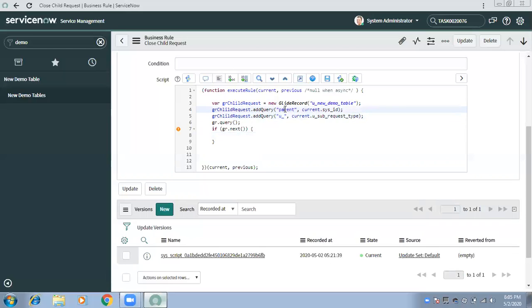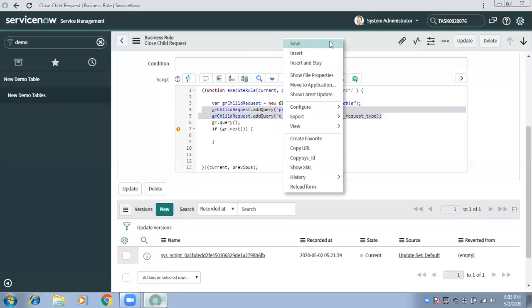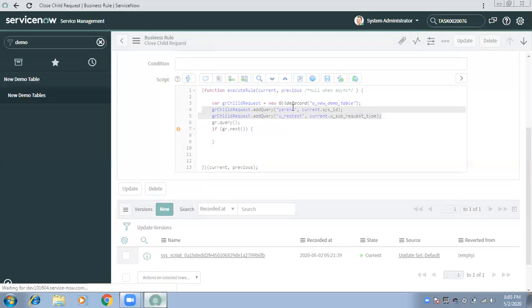First, wherever the parent is the current record, and second, where the request type is similar to the parent request type. current.u_request_type means the record which I am saving, and that is the parent record. So apply both conditions, and then whatever records you are calculating, just return those to me.